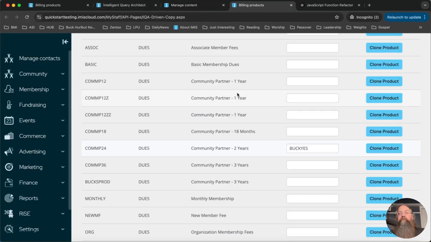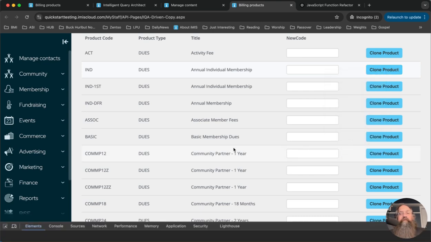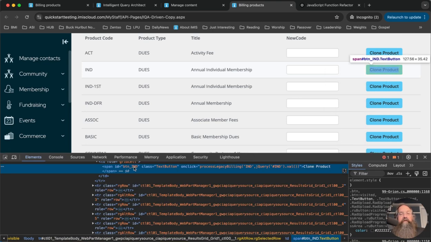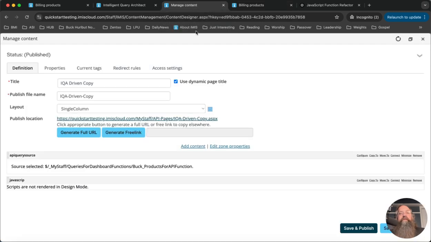Refresh. If I right click on one of these, right here, you can see now I've got an ID on my button, right, that matches the product code. What I can do is I can say when this is successful, find the button with the same name as the ID of parameter and turn it red. So watch this. So if I go back to my JavaScript,